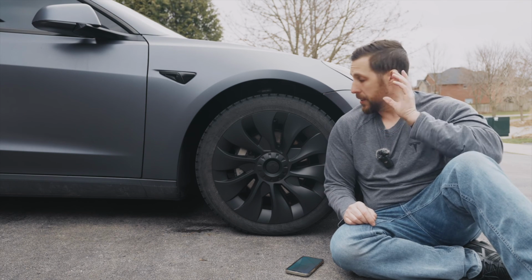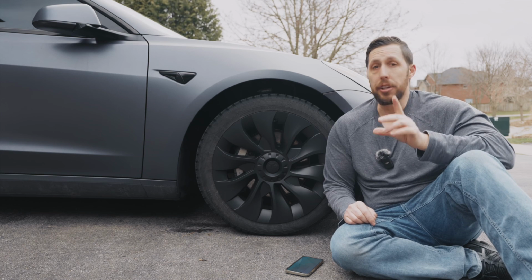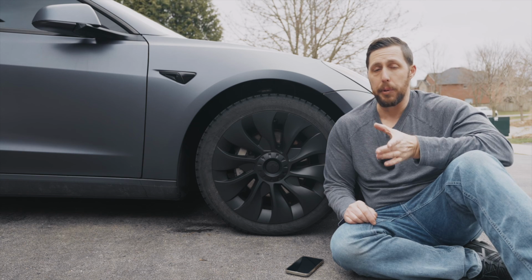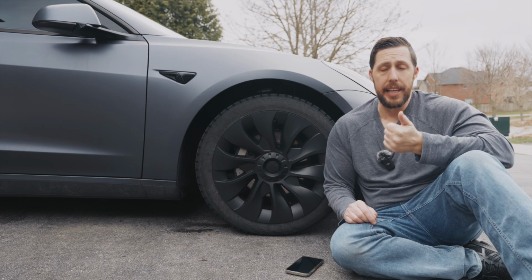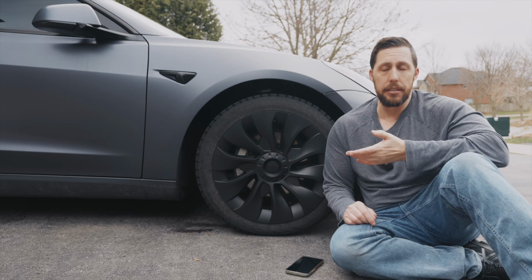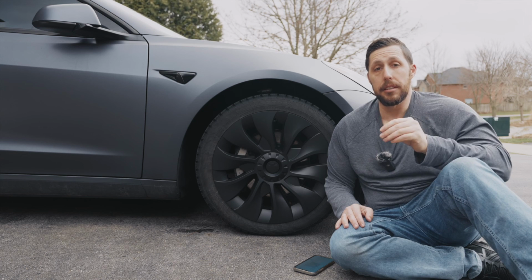Like I said in the intro, this is one of my favorite accessories, and I'll tell you why. There's lots of different reasons. First off, it's a good budget option. If you're saving money trying to get the base wheels on your Tesla, like either the 18s or the 19s, you get the aero caps, and obviously your wheel tires. So they actually have a lot of